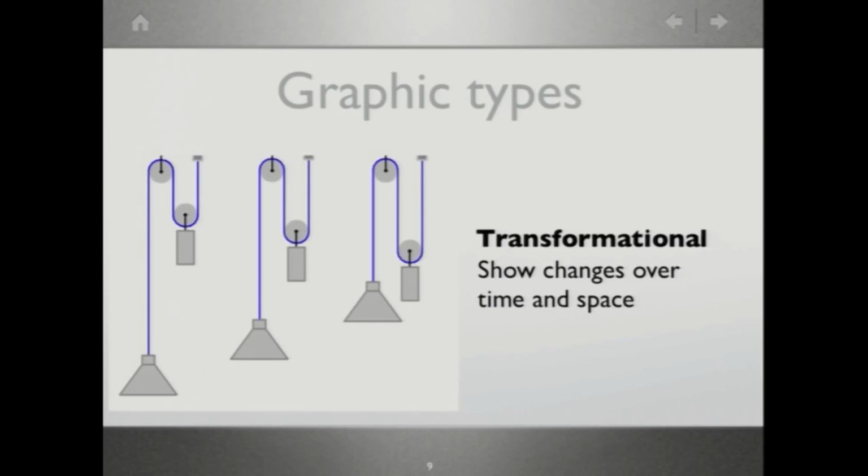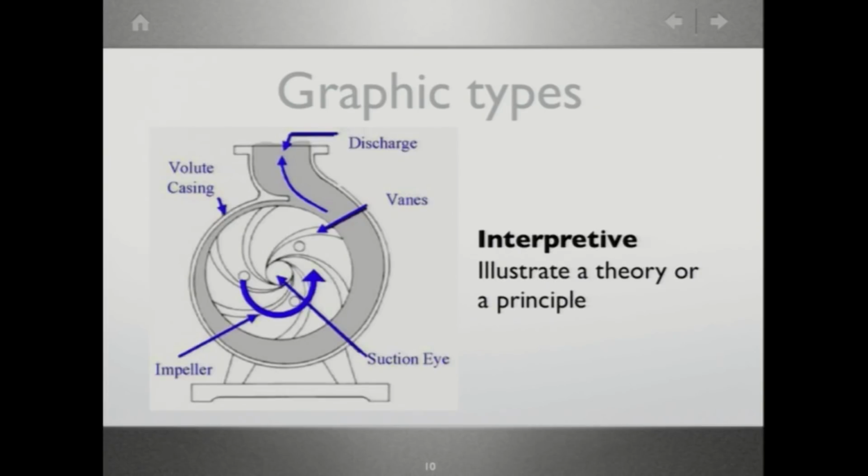There is one more interesting graphic available which is called the interpretive graphic. Here the structure is depicted in a line art format. However, use of arrows and colors can be very useful in explaining the process which is happening inside. So how the air will come inside, from where will it come inside, how will it travel inside, and so on and so forth can be explained very easily by using the arrows and the labels along with it. This is called interpretive graphics.